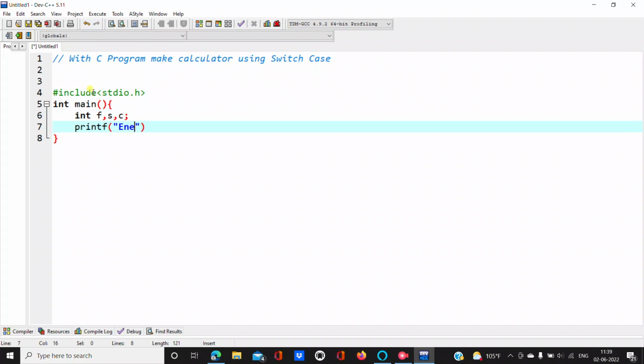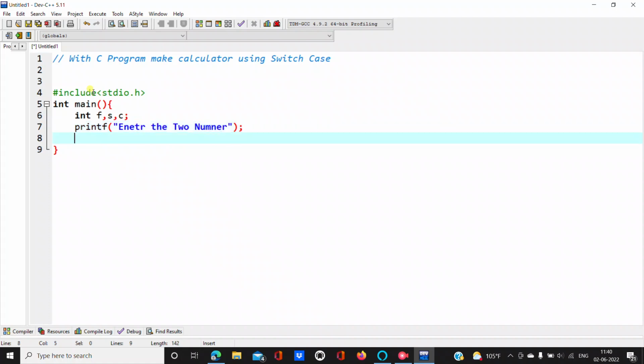printf("Enter the two number"); scanf("%d and %d", &f, &s);